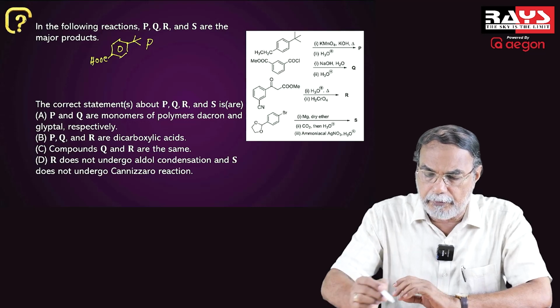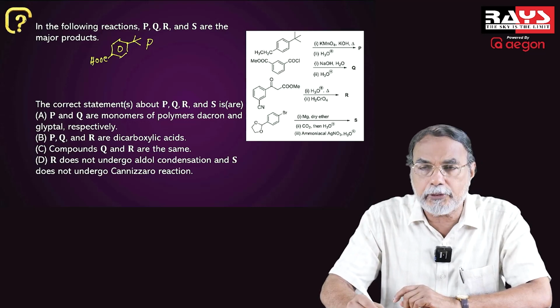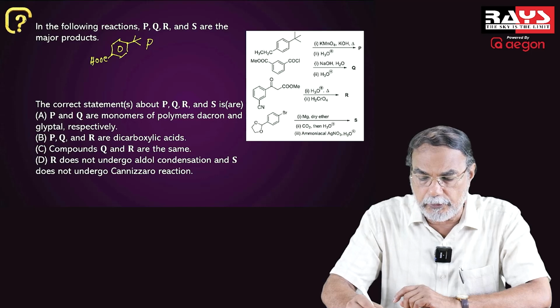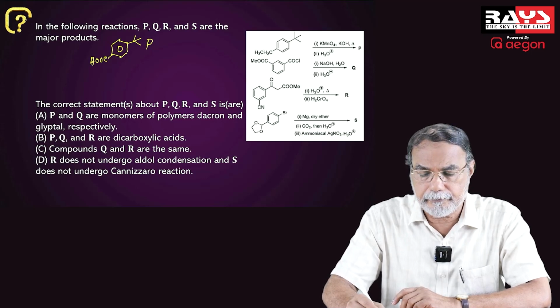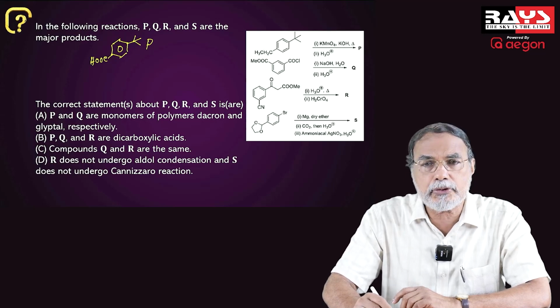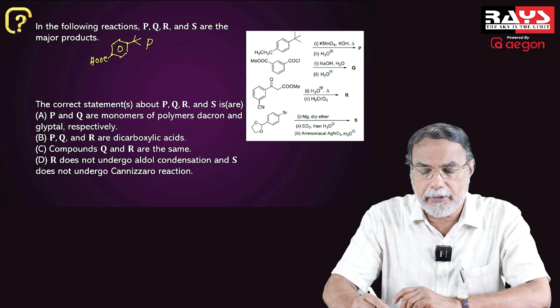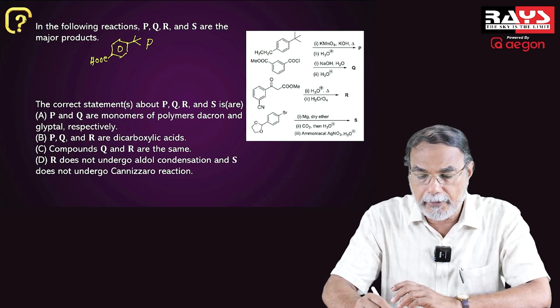Now in the second compound, you find a COCl group. There is an acid chloride group. And on the other side, you have a COOCH3 group. That's a methyl ester, an ester group. And the reaction is with alkali,